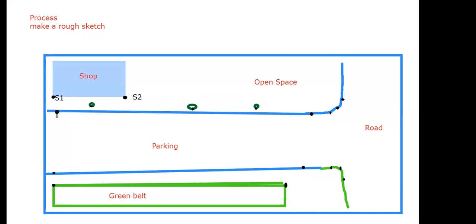This is the parking point, so we will name it as P1. This is parking, so we will name it as P2. This one will be P3 and this will be P4. And similarly, you have to name all the points. P5. This is also a point of parking, so we will name this one as P6. This will be